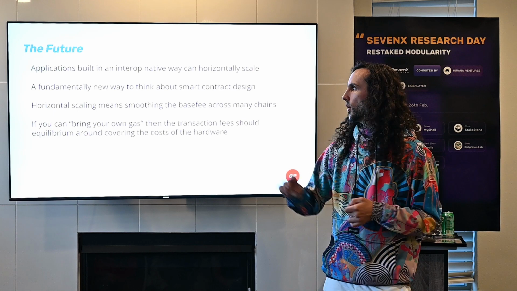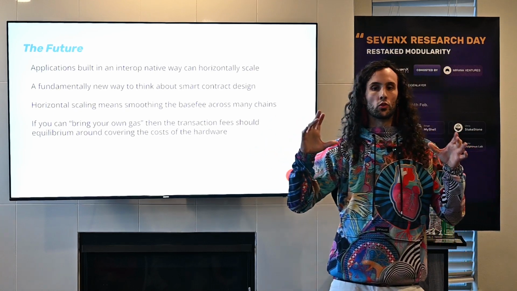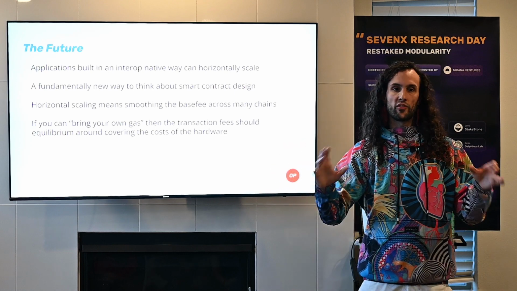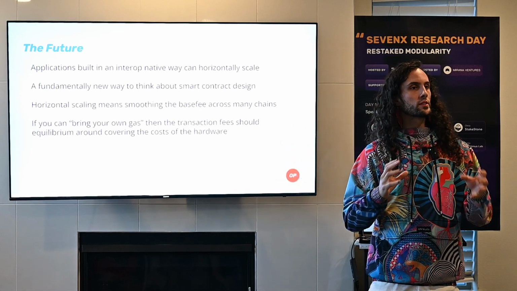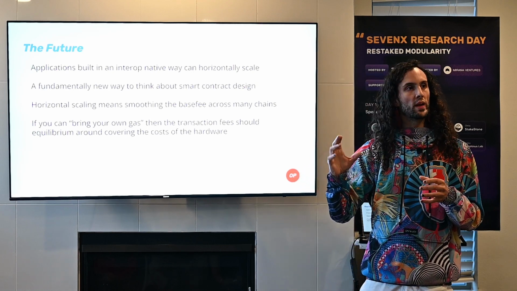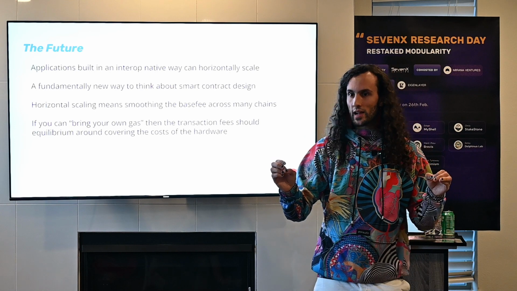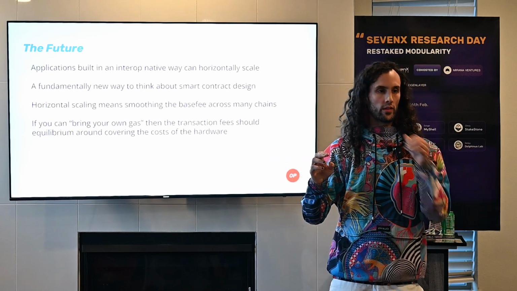So if you're able to look at your smart contract system and find the bottlenecks, the hottest parts of your code that's called, and you're able to rewrite the smart contracts in a horizontally scalable way, then you can